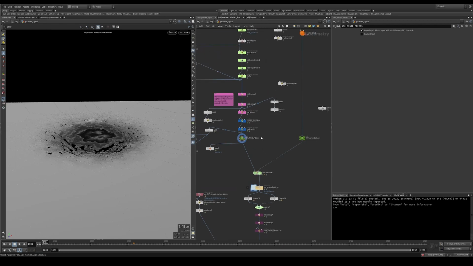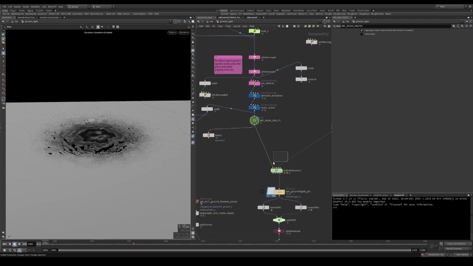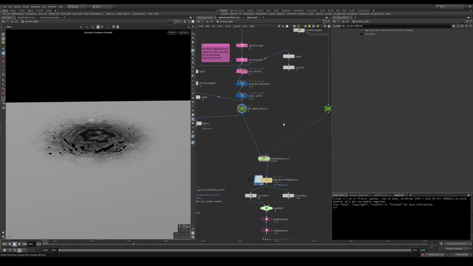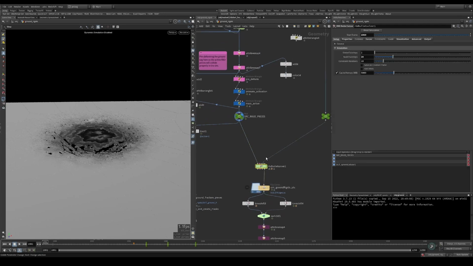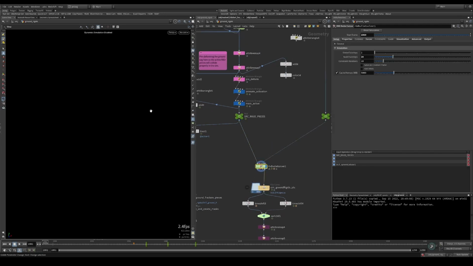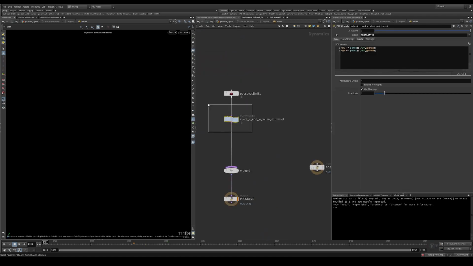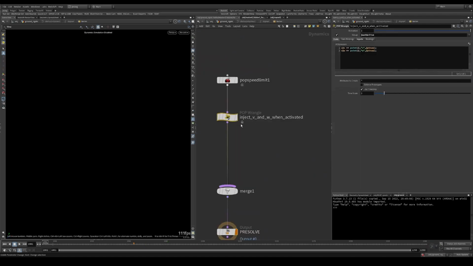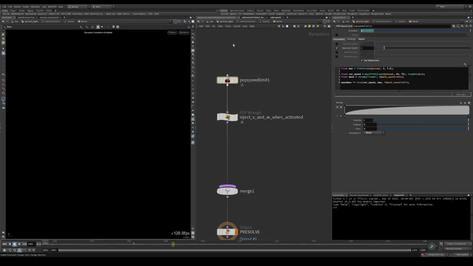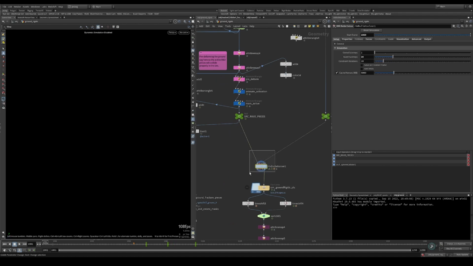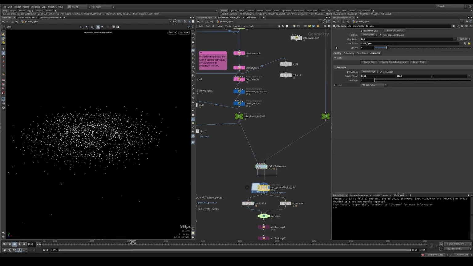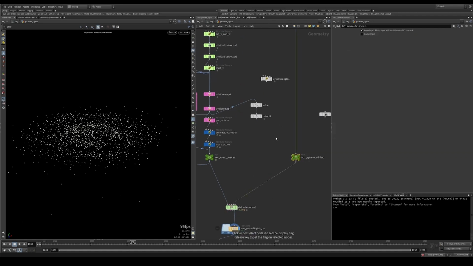All right, so moving on to the solver part. There's nothing much happening inside the solver. It's just me injecting the velocity and the angular velocity when the pieces get activated, and then setting some pop speed limit. But before we talk in depth about the solver, I want to show you what I've done